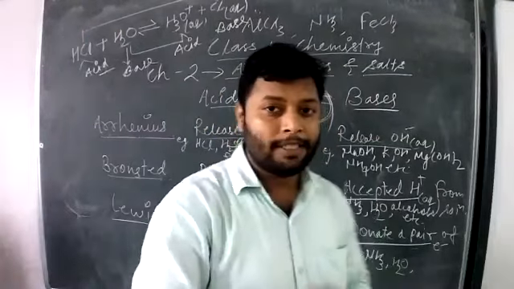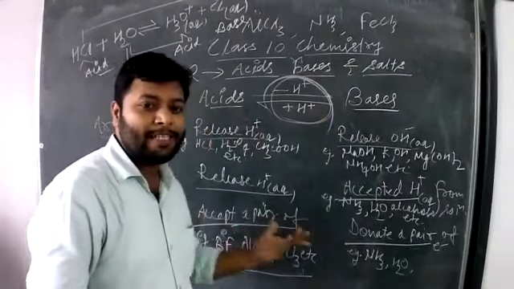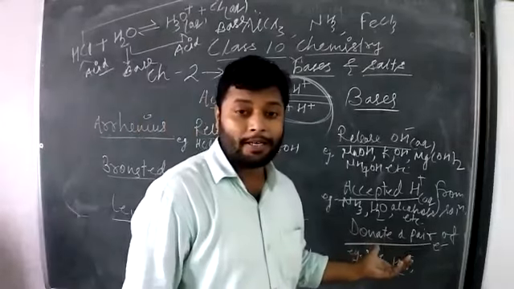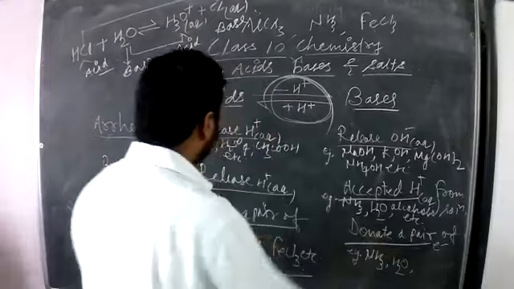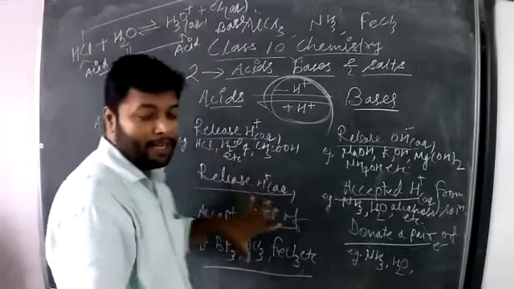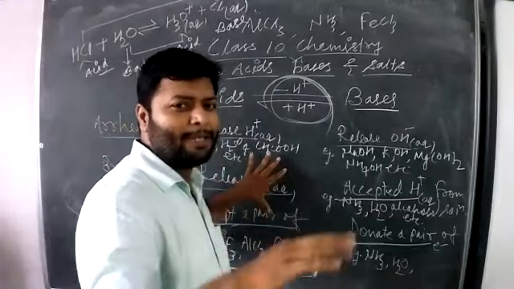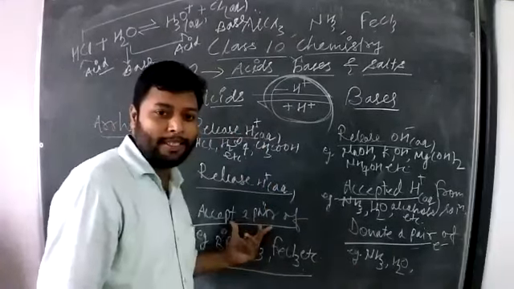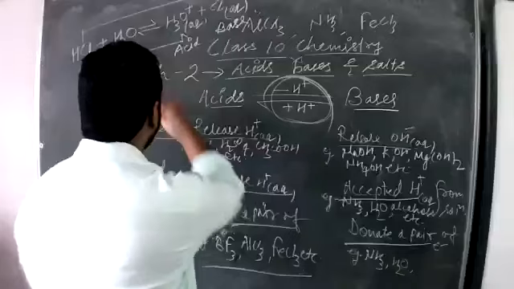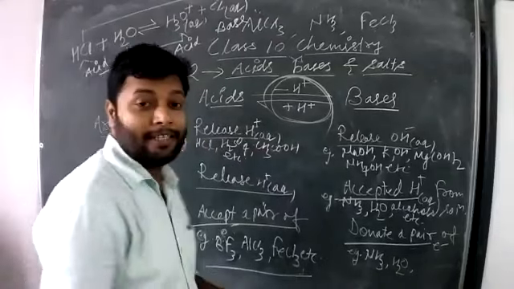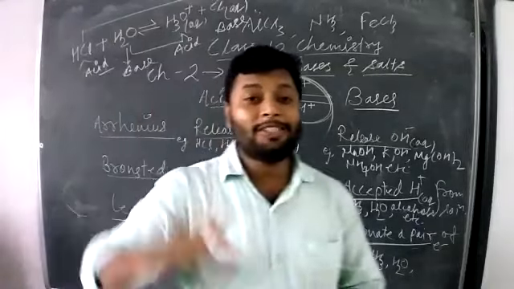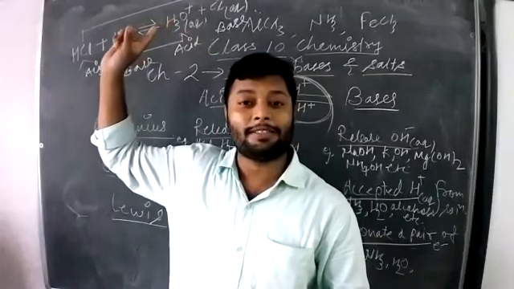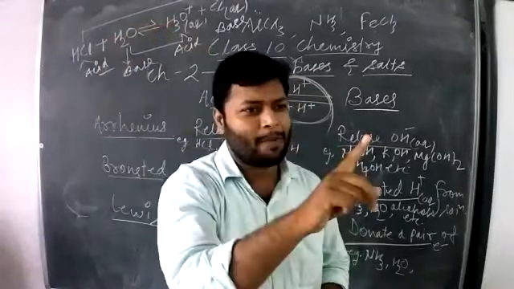Now the third possibility. What about this? Base. Sir, where is the electron pair? Two concepts are clear, the third is not so clear yet. But where is the third possibility? Electron pair. We cannot see electrons. Class, how will this charge come? Plus and minus. There must be a transfer of electron.